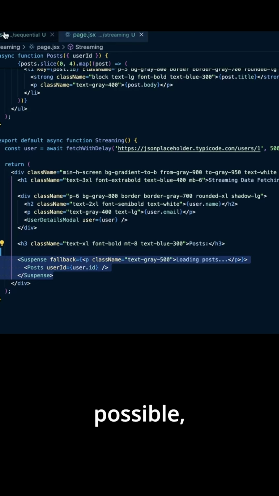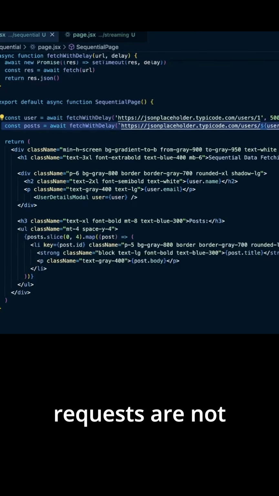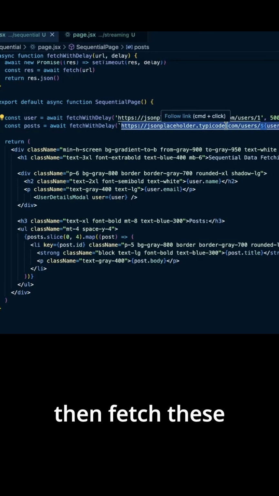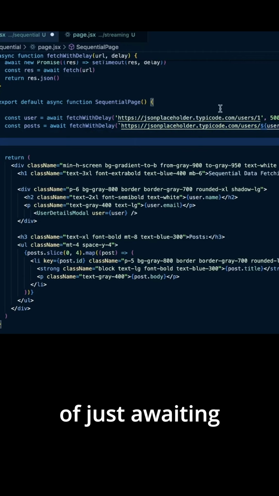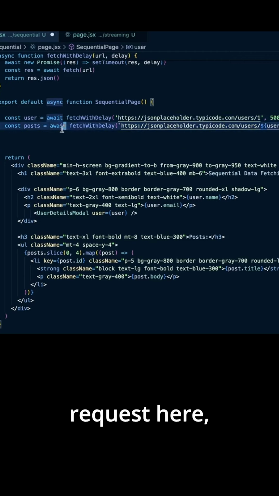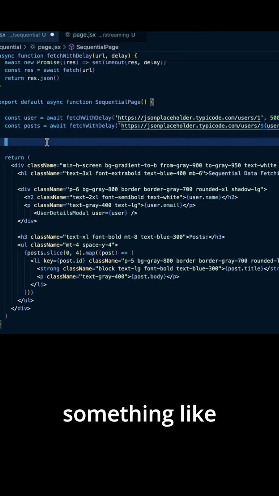And whenever possible, if your fetch requests are not sequential here and they're not dependent on each other, then fetch these requests concurrently, make the fetch requests at the same time. And then instead of just awaiting each request here, you could use something like Promise.all and then wait for the requests to resolve that way, rather than